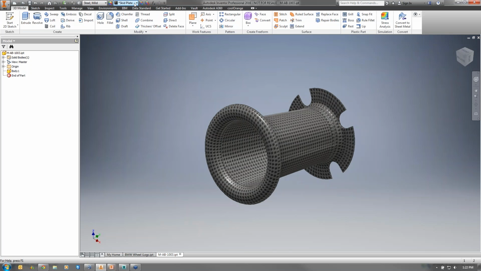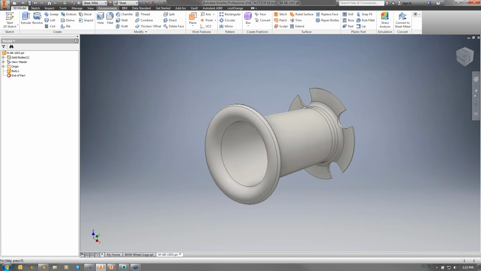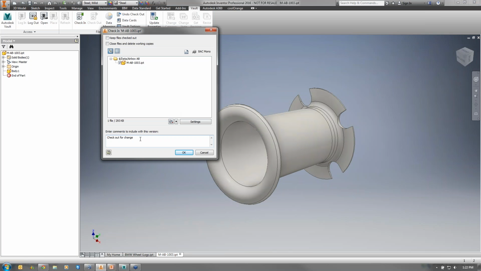Now I am just going to simply change the material to, let's say, steel. I'm going to save this file and check it back in. Now I am just making a small change, I don't want to make too much of a change. So check it back in, checked out for change, material to steel. Okay, so when I'm checking it in, it's creating a DWF file,